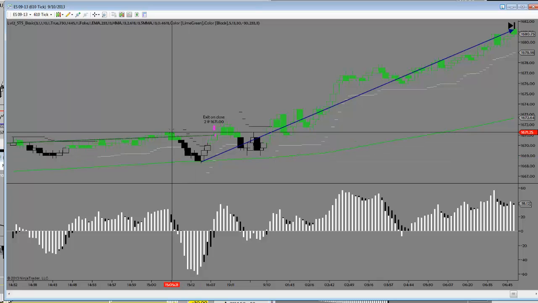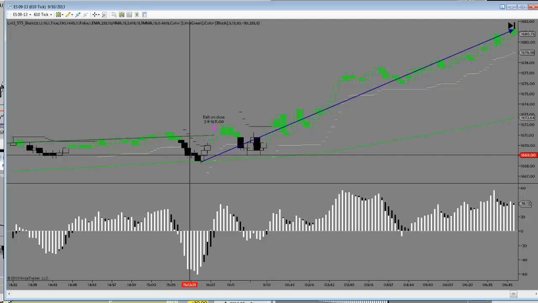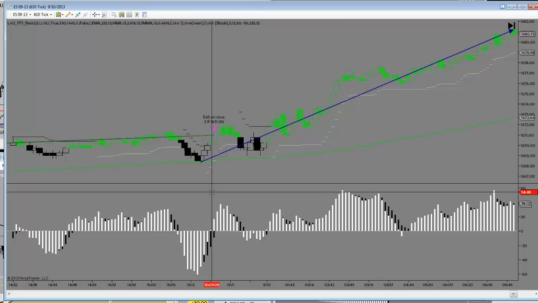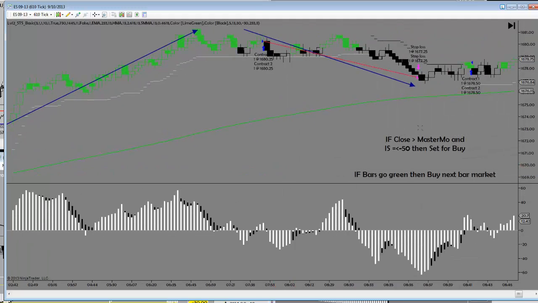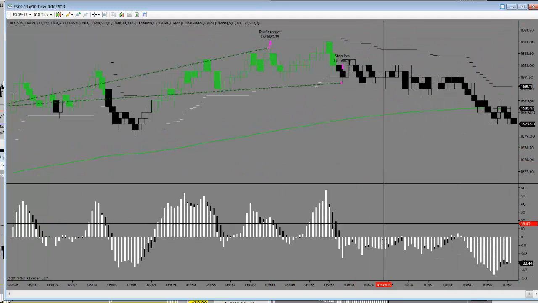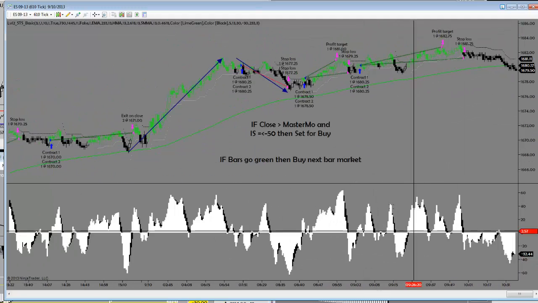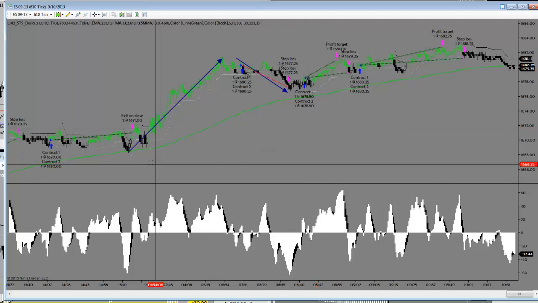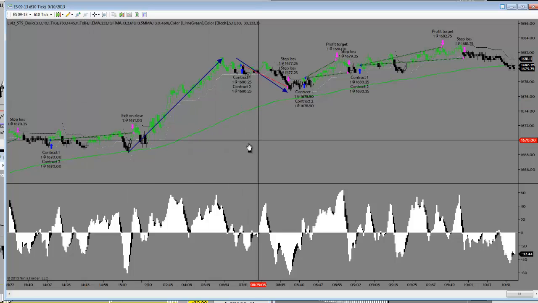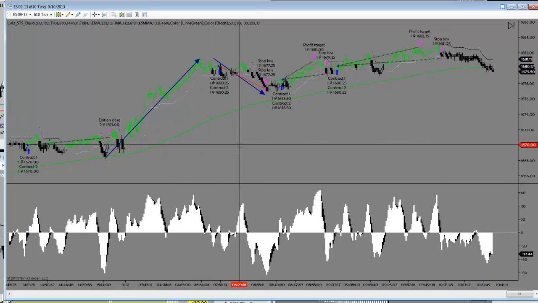The downside is there will be times when it comes back and it goes minus 50 on internal strength, then minus 52, minus 55, minus 61, and we get stopped out immediately because there is no filter. So that's what we're going to be looking at as we continue to study the internal strength and then relative strength. And we're going to look at a very, very basic regime filter, a basic trend filter,